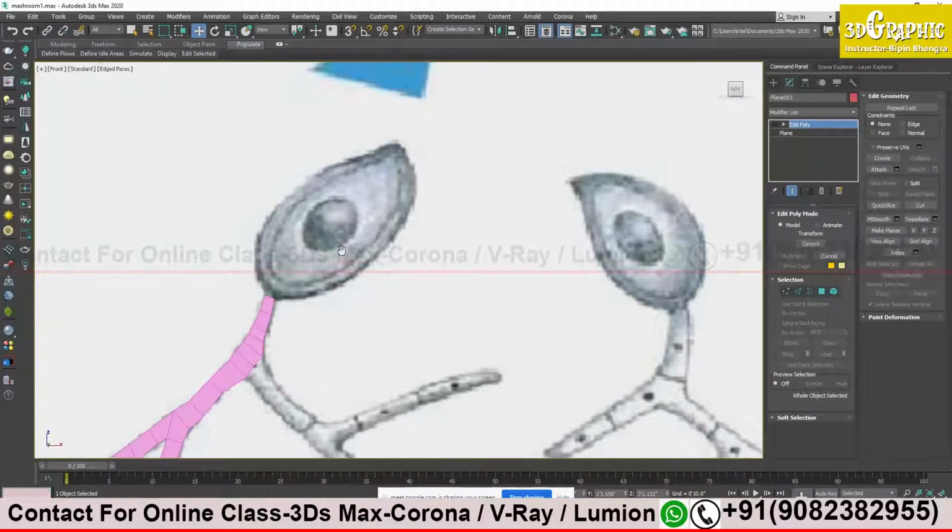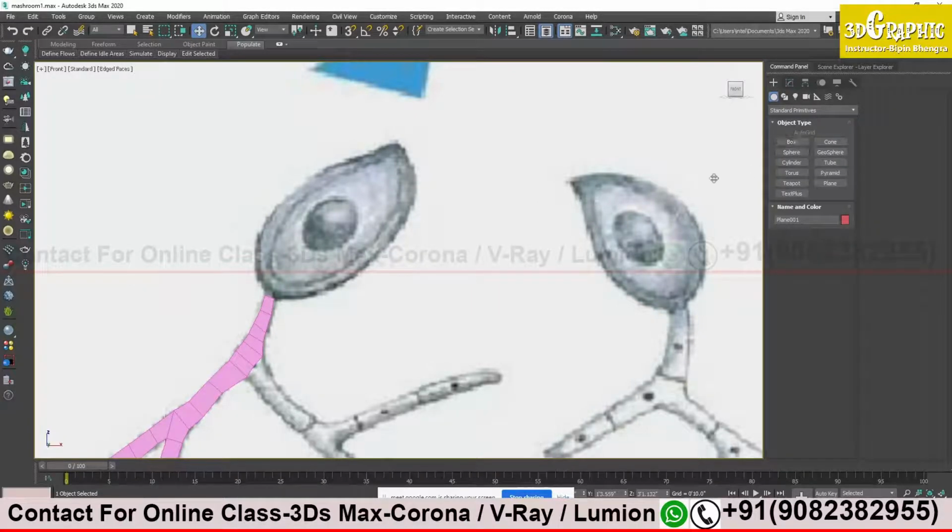So again, you have to select which option will be more suitable to create such a shape. It could be box, sphere, cylinder, or plane. See, most models, whether furniture or any organic or inorganic model, will be done by box and plane.